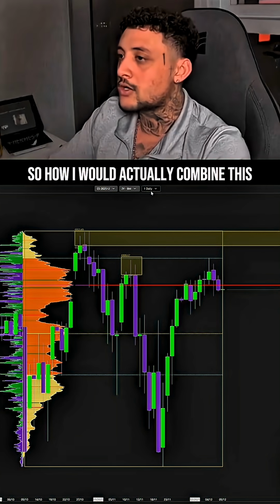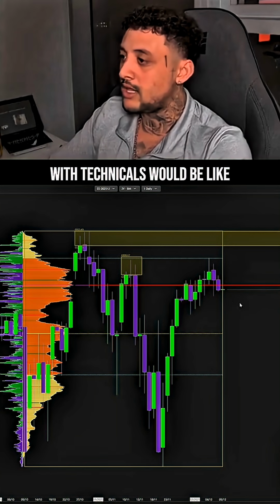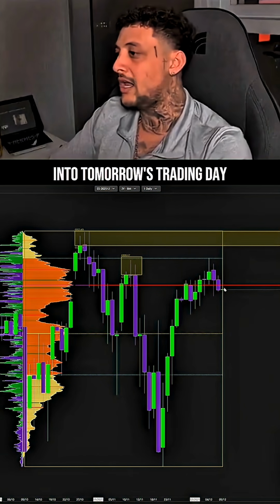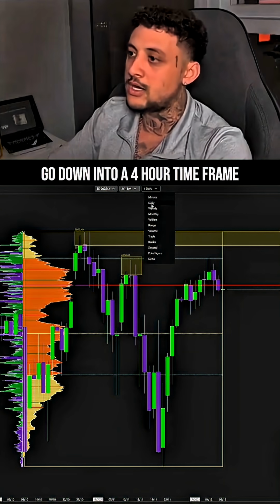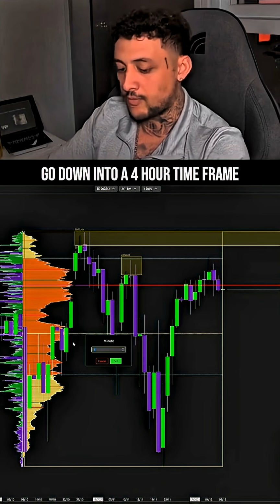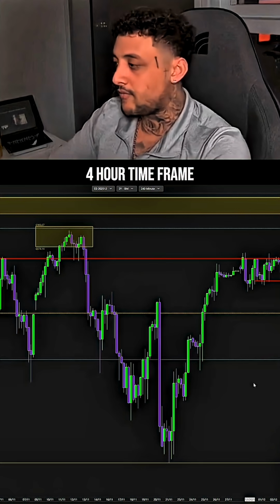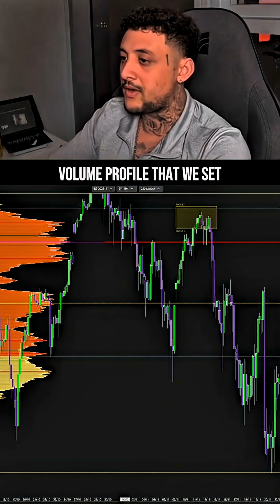So how I would actually combine this with technicals would be like, okay, moving into tomorrow's trading day, if we see price hold this point of control, what I'm going to do now is go down into a 4-hour time frame. And even just looking at the 4-hour time frame on this fixed range volume profile that we set based off of the daily time frame,